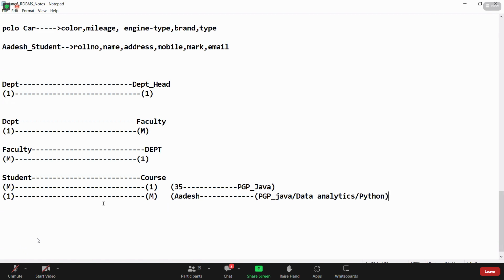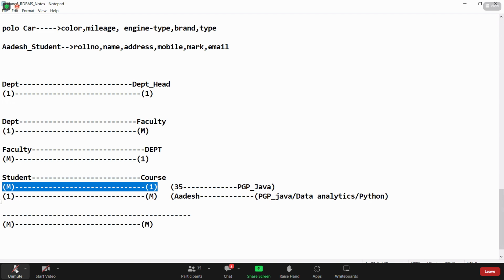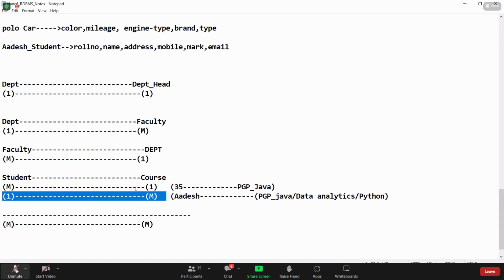Yes, ma'am. Possible. So many students can enroll for one course. One student can enroll for many courses. If you have this type of relationship, then only we can establish many to many. So guys, many to many relationship will not come as such. Whenever it serves the condition many to one and one to many, then you can establish a many to many relation